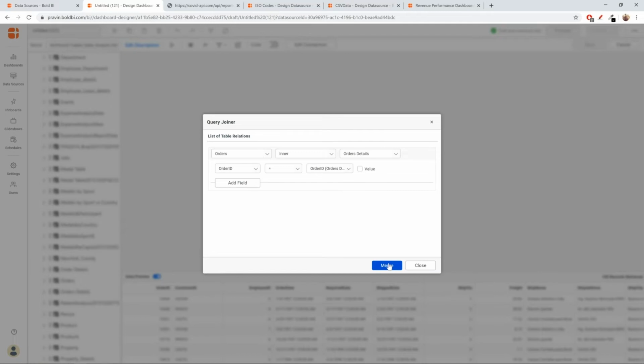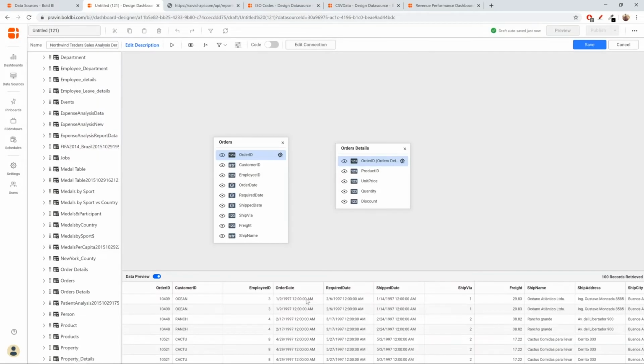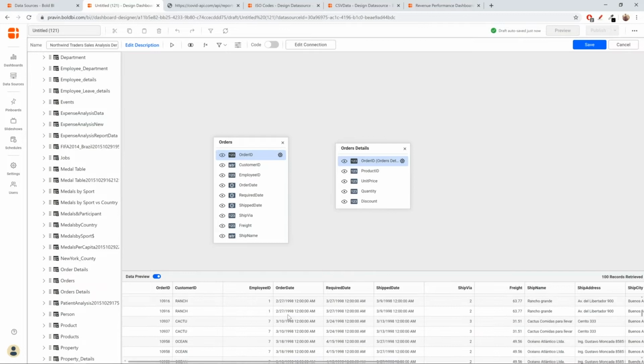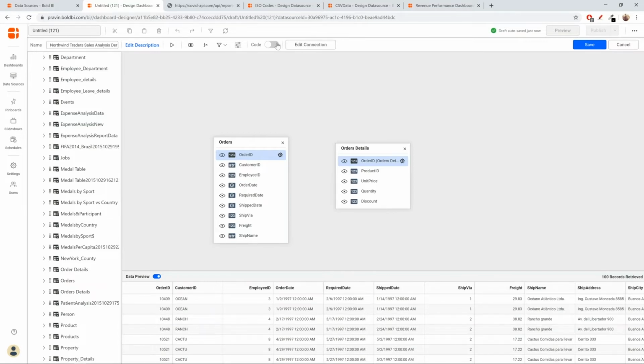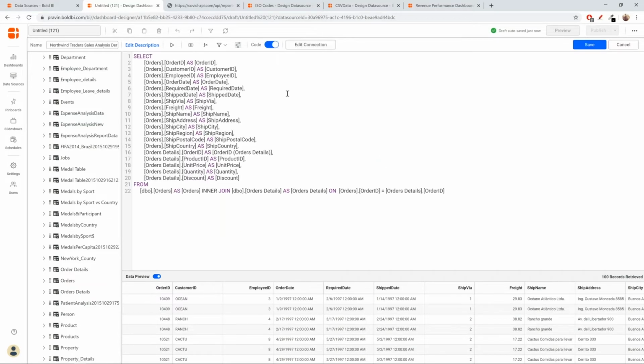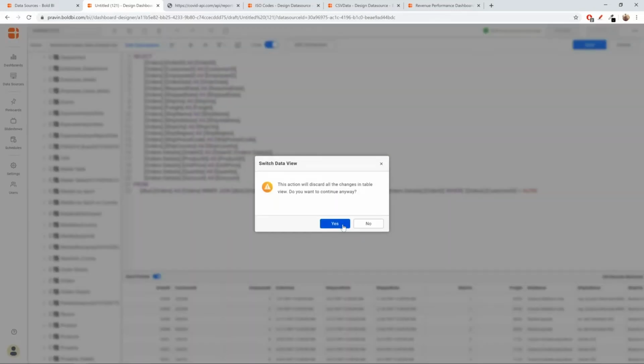Okay. If I merge, this is going to establish the join operation. Now I'll switch to the code view mode. In case you have your own custom query to build the dashboard, you can just copy and paste it here. Now I'll add a var clause, var customer ID equal to LFK. I can click execute here, the run button, that will execute the query and populate